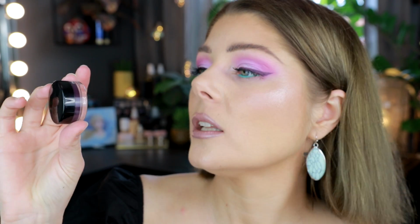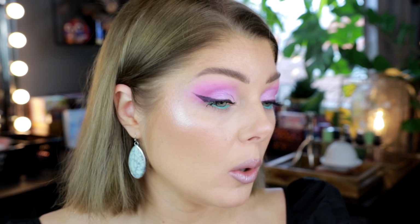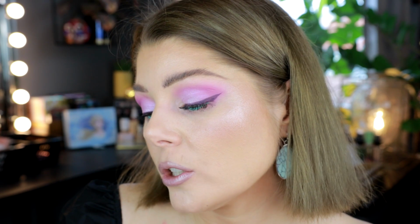Okay, mascara and liner is done. Oh, I used a different liner. I used the purple liner. I used the Inglot AMC eyeliner gel in 74. Let me open it. It's like an aubergine purple, and I thought that that would really go with this kind of a look. I also did the LA Girl Shockwave Neon Eyeliner in Fresh on my waterline,